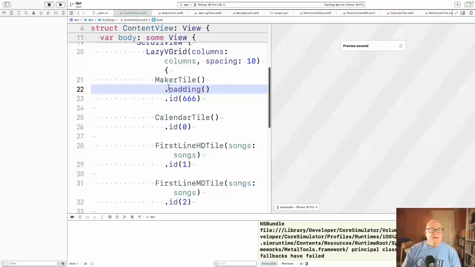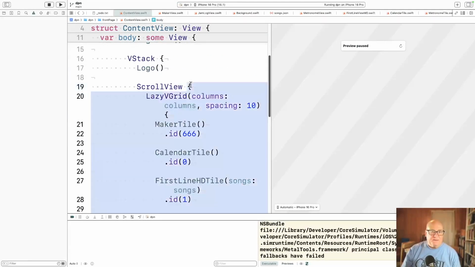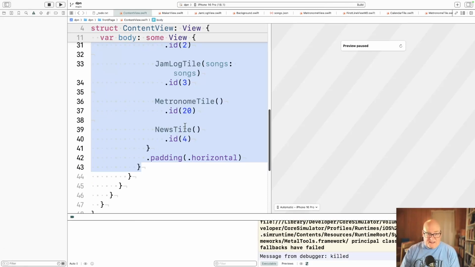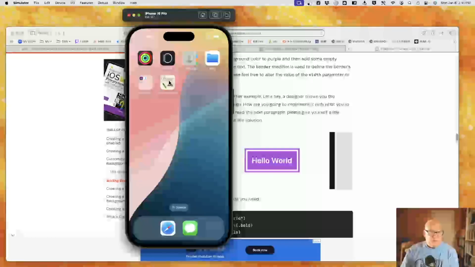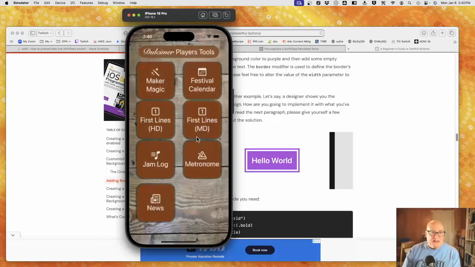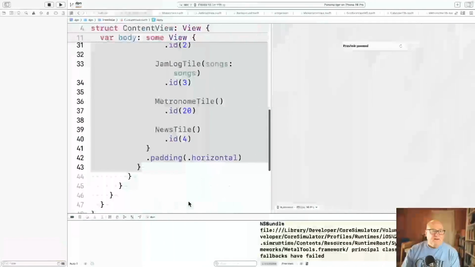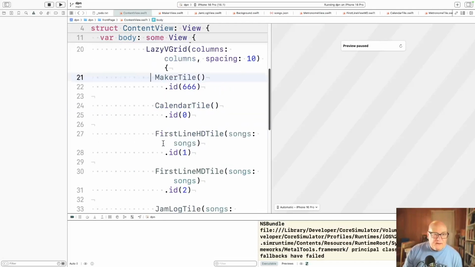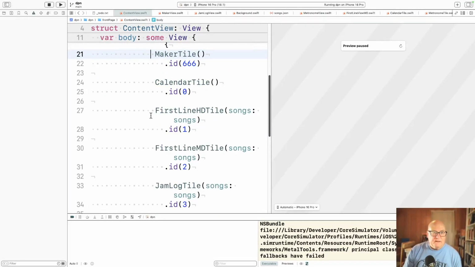Okay, what if, let's put padding on the outside and see if that helps. Oh, padding horizontal. Okay. Let's run it like this with no padding and make sure I wasn't ignoring the things that were really going wrong there. They should all look moderately spaced out. Okay, they don't. Huh. Now, okay. This had the padding, I believe it was